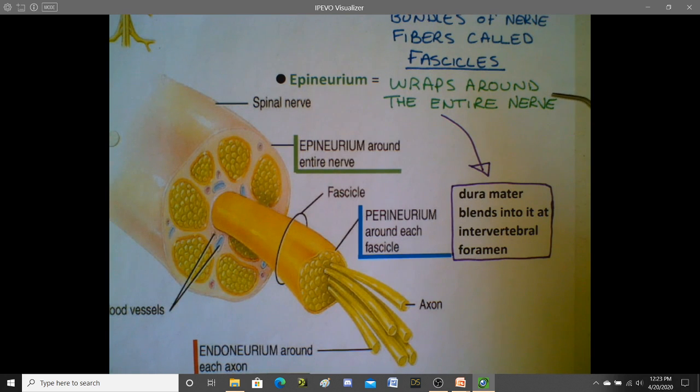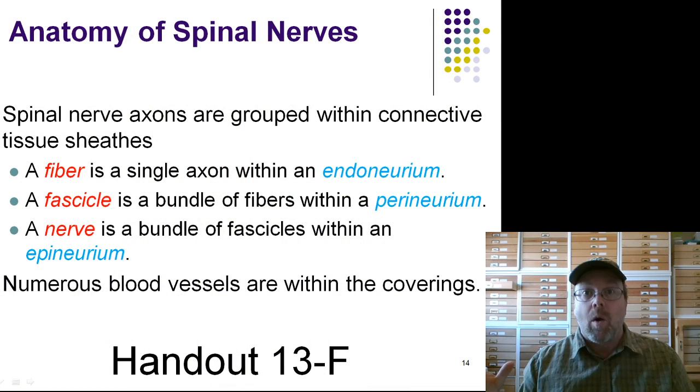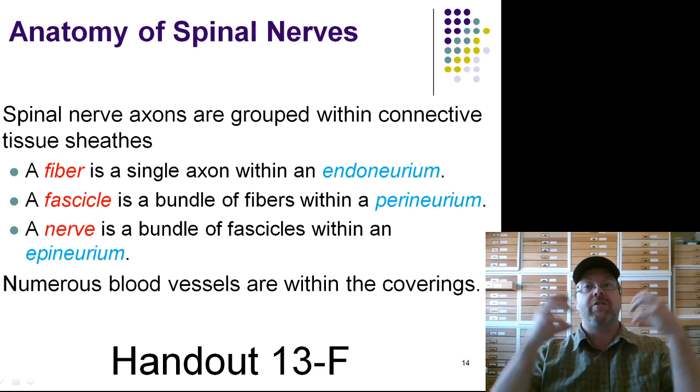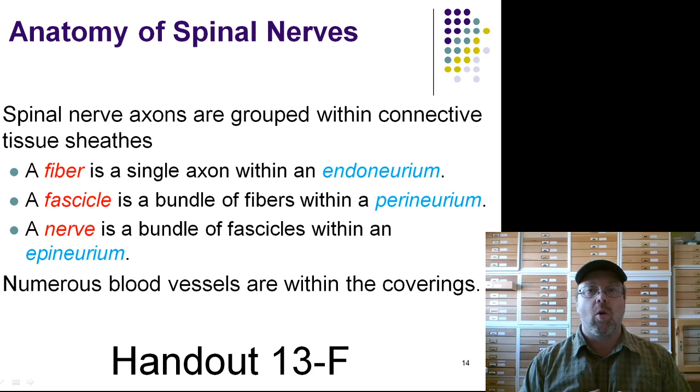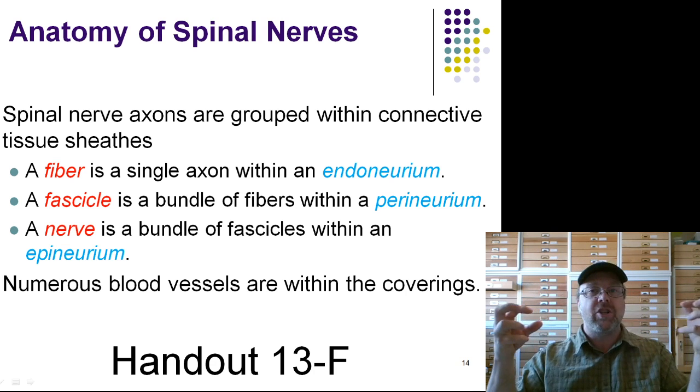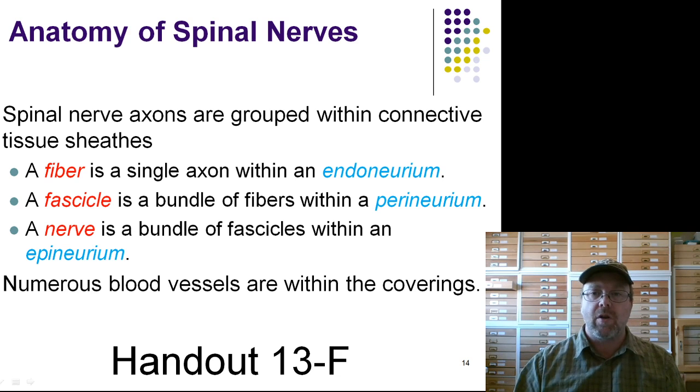And this is how our spinal nerves branch off, and this is how they continue from the spinal cord itself. So when we really think about the nervous system, what's really kind of crazy is that the nervous system is really all one big thing. So your brain and your spinal cord are all connected, but then the spinal nerves that are branching off of that spinal cord, they're really just a continuation, a branching of all of the spinal cord tissue. And so this is how our spinal nerves are